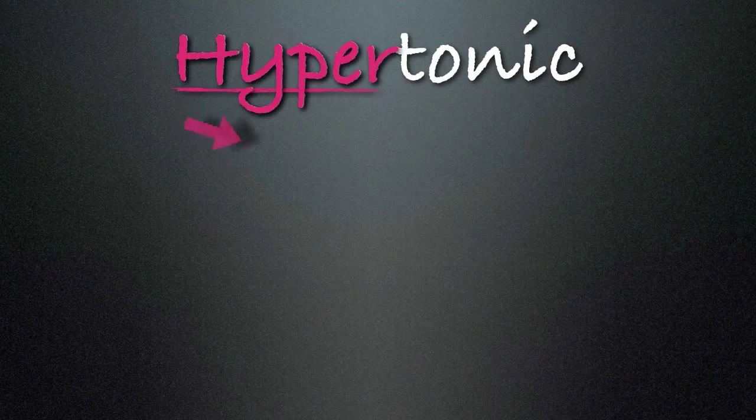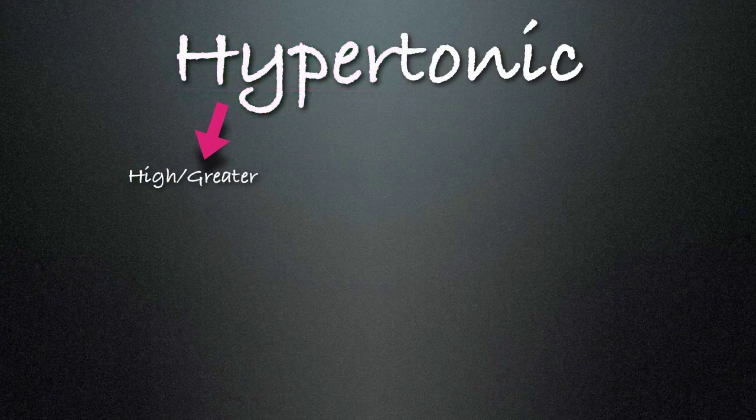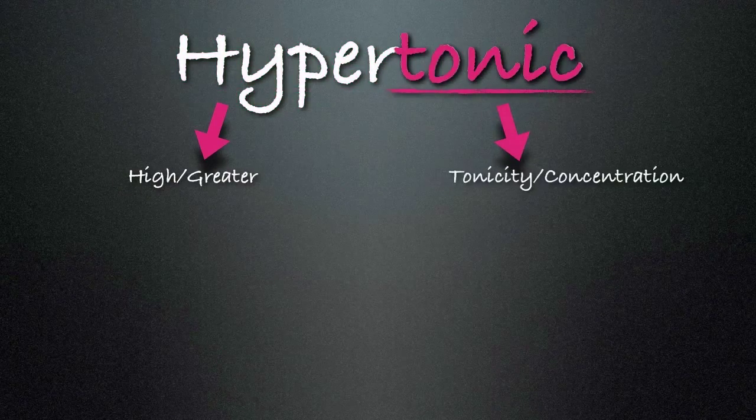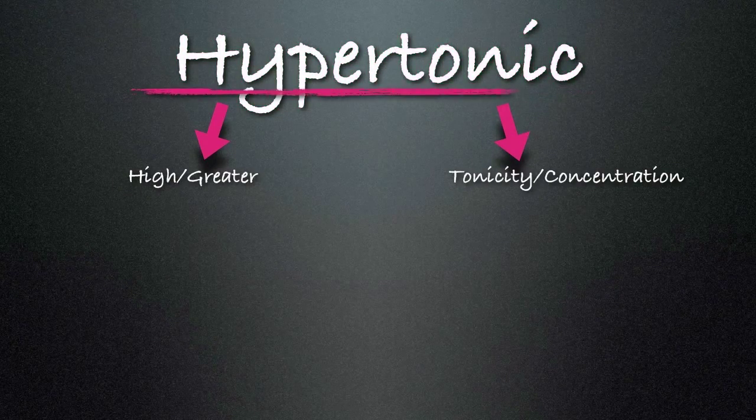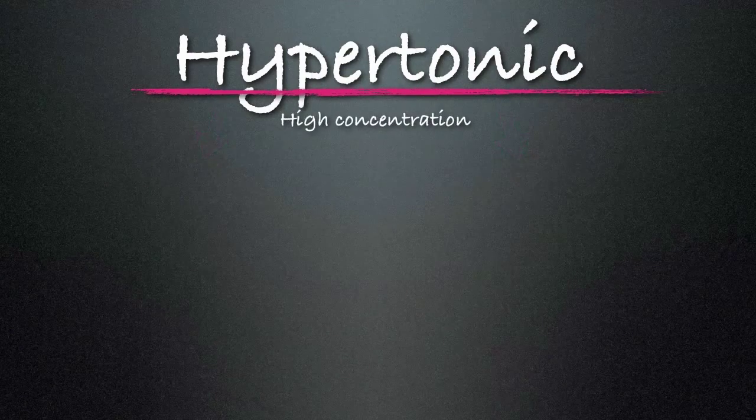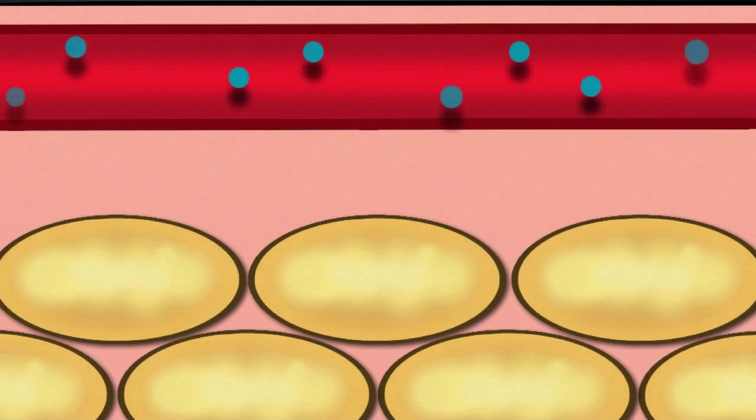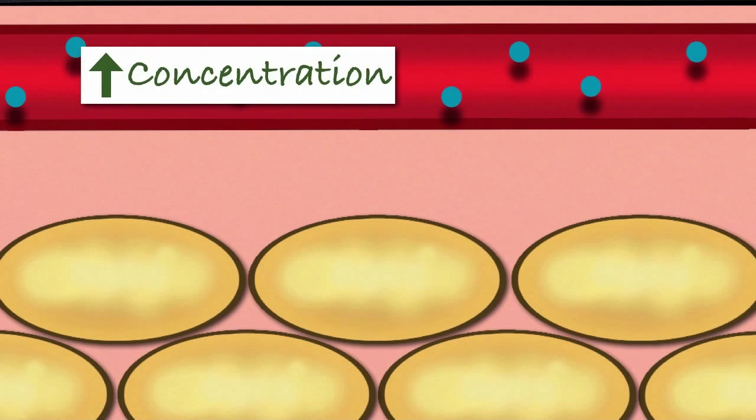Lastly, let's take a look at hypertonic solutions. Hyper means higher or greater, and tonic, again, refers to its tonicity or concentration. So a hypertonic solution is of a higher concentration than that of blood or the fluids in the body. When we introduce a hypertonic solution into the intravascular space, we cause an increase in the concentration of fluid there,